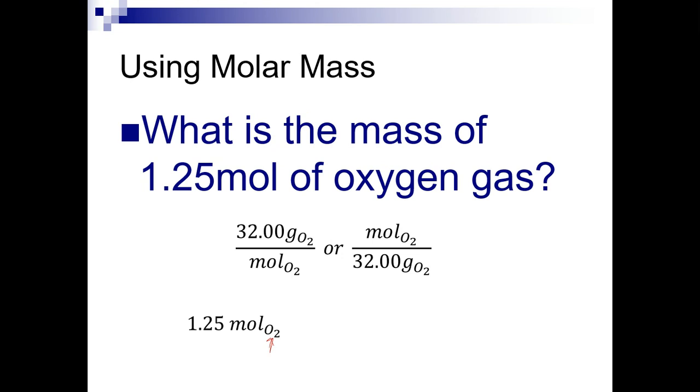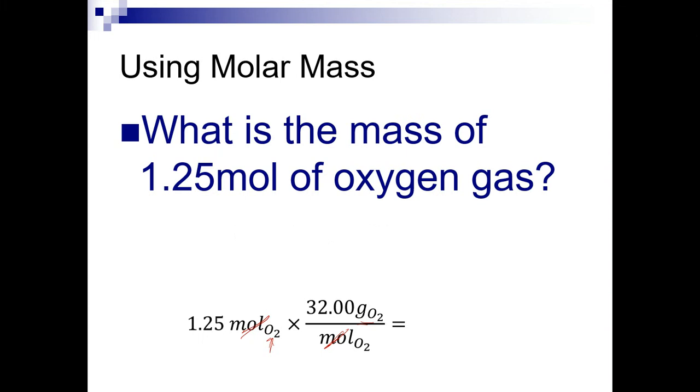We have to decide which way we're going to use that. Do we want to make sure that we can cancel out our moles of oxygen? So the conversion factor we're going to use is the one that has moles of oxygen in the denominator. So if I place this in this arrangement and my moles now cancel, I'm left with grams of oxygen, which is what I want. So I do the math, 1.25 times 32.00,